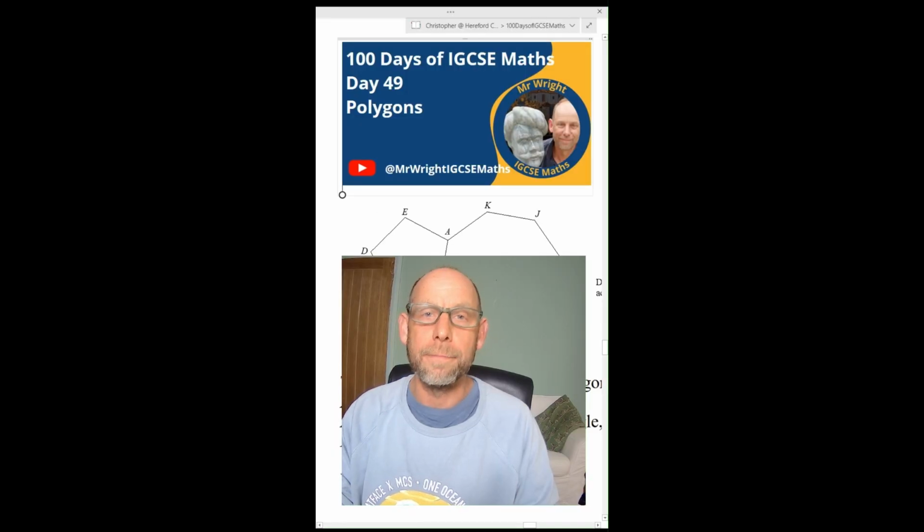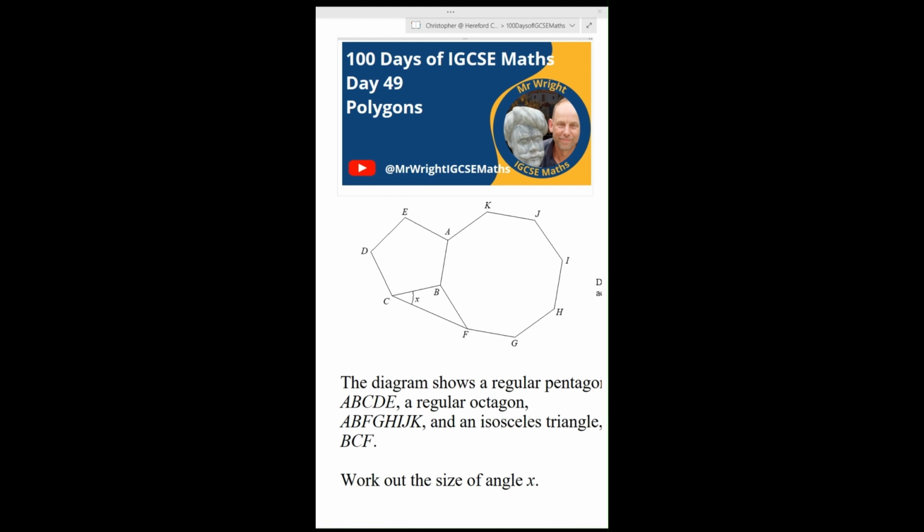It's day 49. Now's your chance to pause the film. Okay, so I've got to work out the angle x, and I know that this is an isosceles triangle here. This angle is the interior angle of the regular pentagon, so it's 108. This angle is the interior angle of the regular octagon, so it's 135. Take from 360 gives you an angle at the top of the triangle there, an angle B, which is 117. And so you can simply do 180 minus 117 divided by 2 to give you the answer for x of